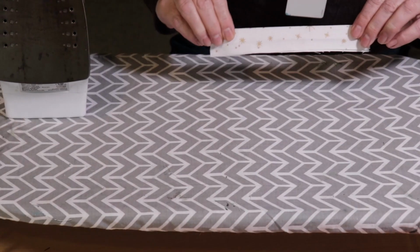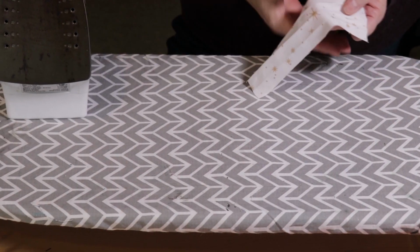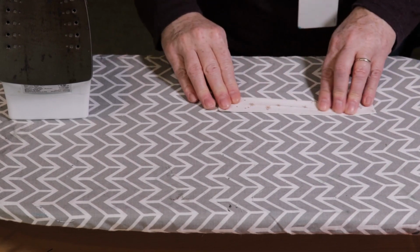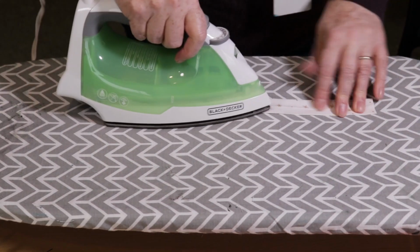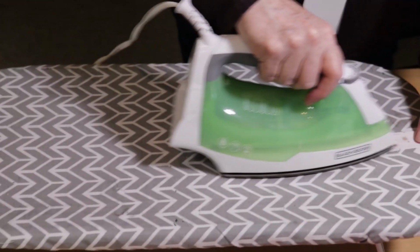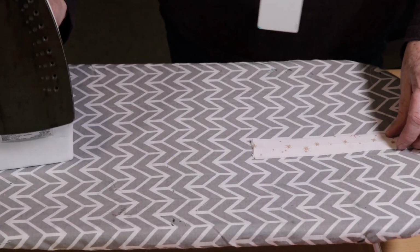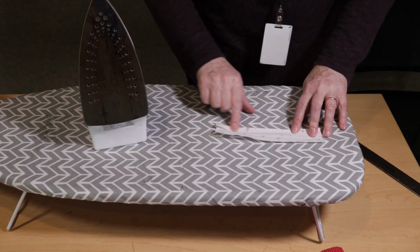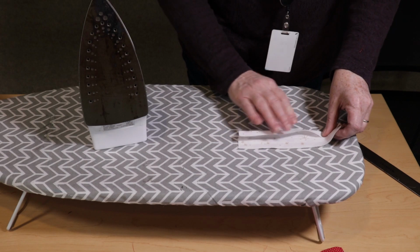You'll also need a 7-inch strip of fabric for the top of the pocket. Fold it in half widthwise as well and iron it in half. Now, for both strips of fabric, open them up